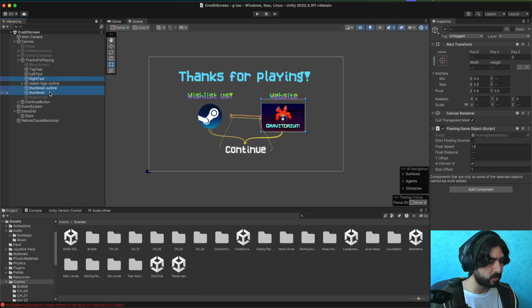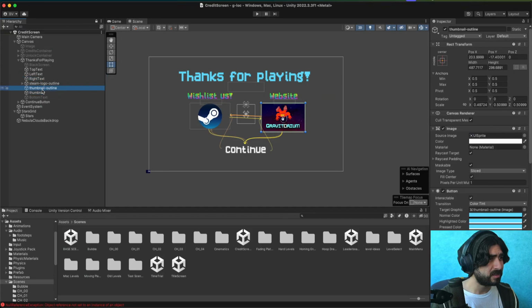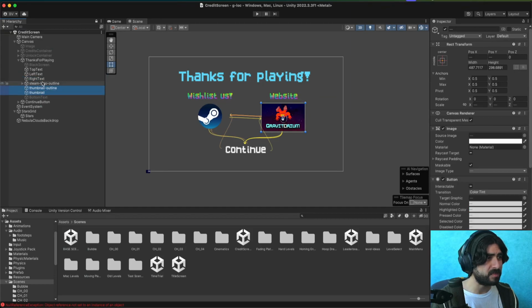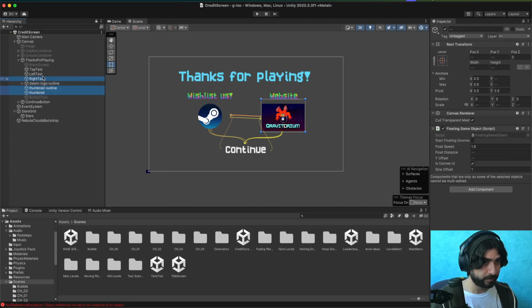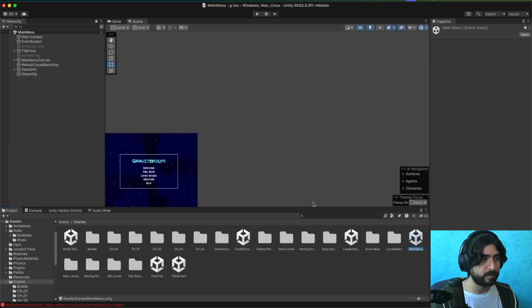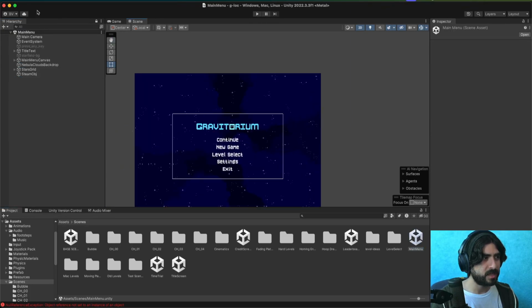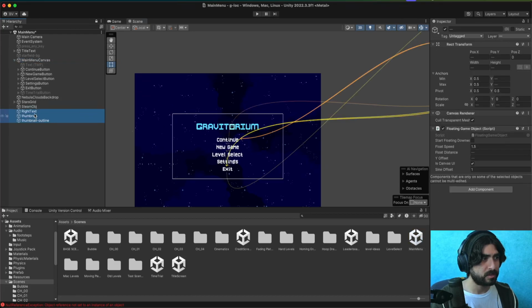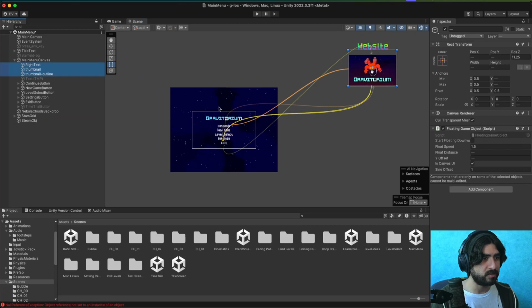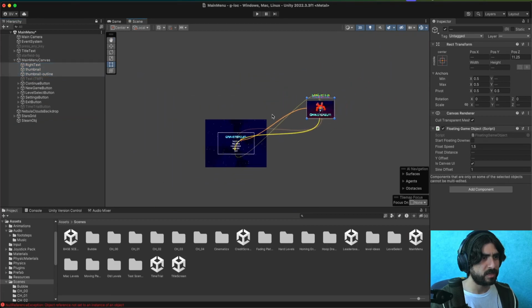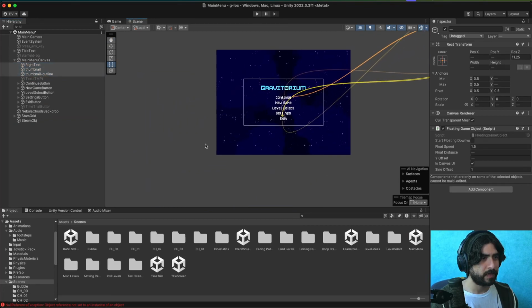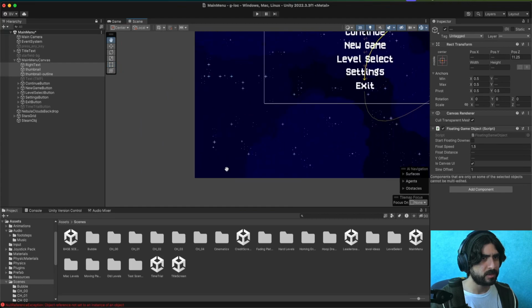So I'm going to grab you three. Really, these should be a part of the same thing here, but I'm going to copy them as is because I don't want to break anything. So copied, and let's go back to the main menu. I think that was all inside the canvas. So let me go main menu canvas. Paste. Let's put you in the main menu canvas. Why are you over there? Is the actual game a tiny thing here, or is this...